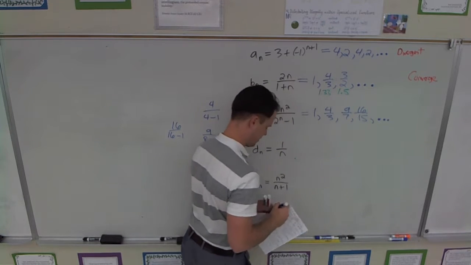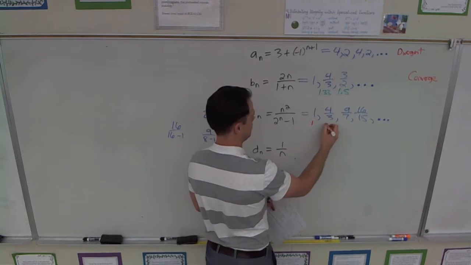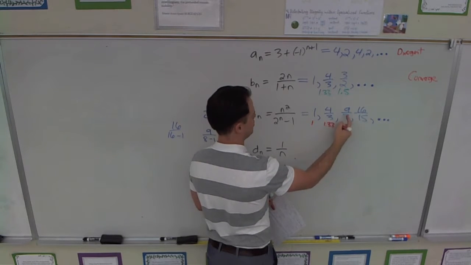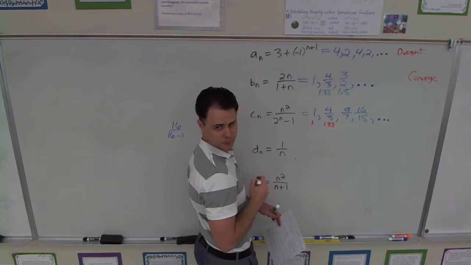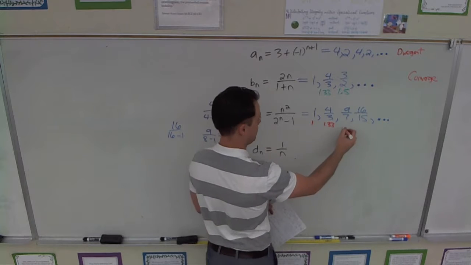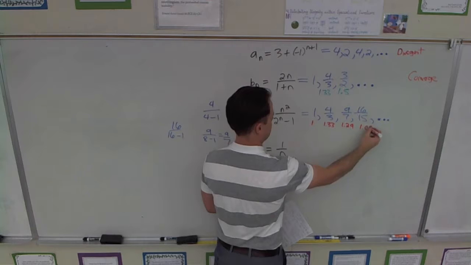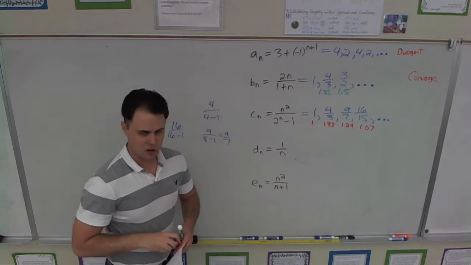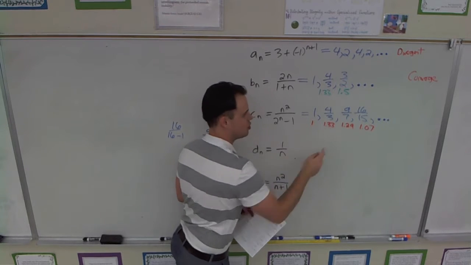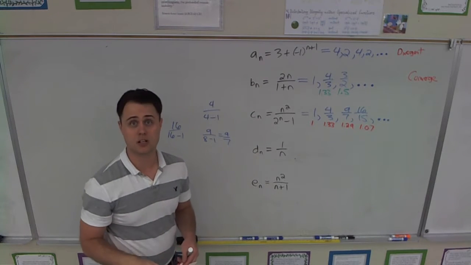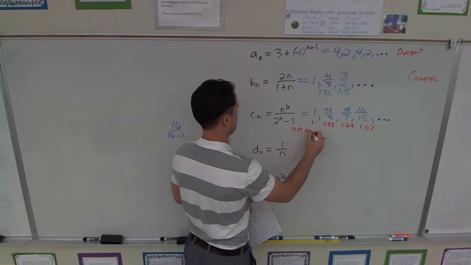Oh, it increases and then it goes back closer to 1. This is 1, 1.33. What's 9/7? 1.29. 16/15 is 1.07. So notice, this guy increases and then starts decreasing. I think it decreases from that point out, but that shows that it's technically not monotonic. So we're going to say this guy's not monotonic,